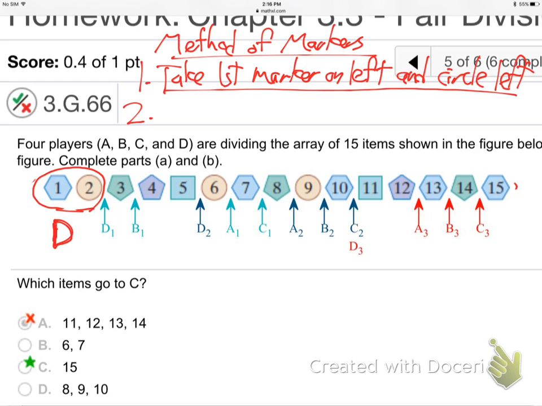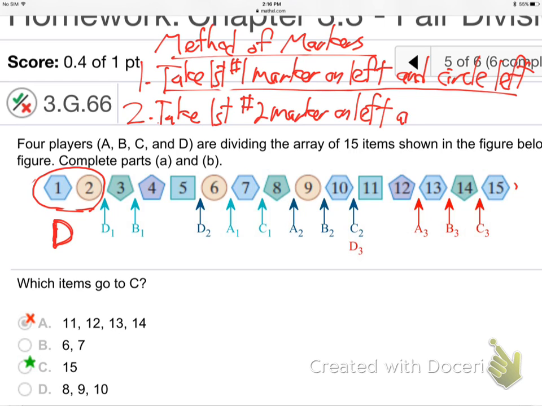What do you do next? Anybody remember? Take the first number 2 marker on the left, right? So really on this first point, I should have said take the first number 1 marker. So the first step, take the first number 1 marker on the left and circle left. Number 2, take the first number 2 marker on the left and